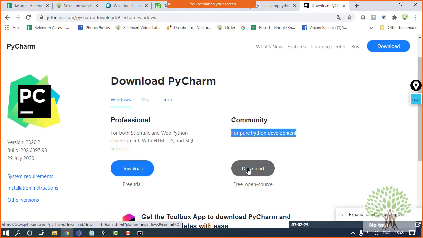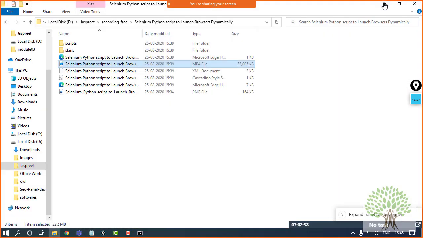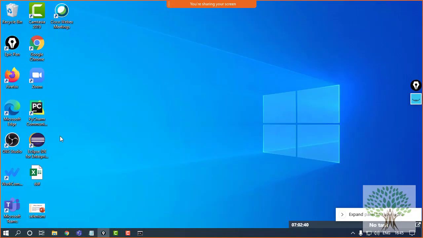Once it is downloaded, you just need to run it and PyCharm will be installed. It will ask you for a default workspace, where you want PyCharm to keep your code, that you need to inform, and it's good to go.